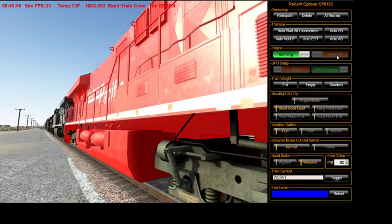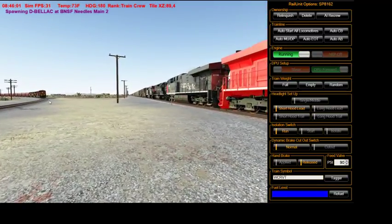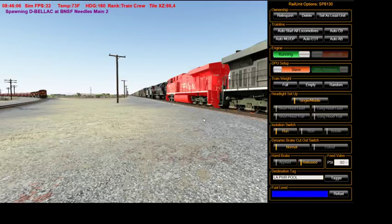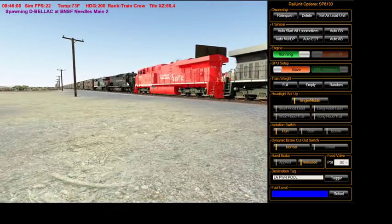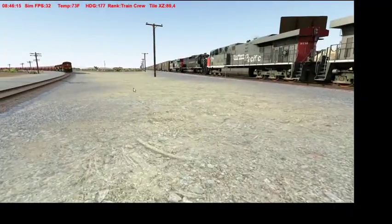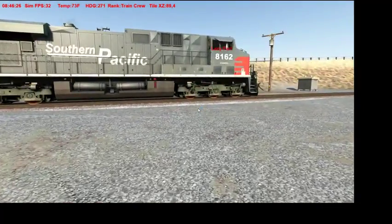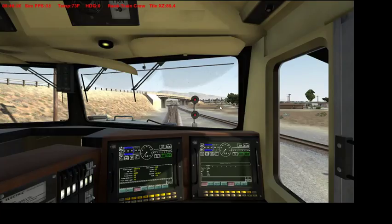It is running. The DPU, there's that train that was way back there. These are set up as slaves, and it doesn't really matter which way they're facing, because these are all slaves off of this one. Now your other ones you put in the back, it will matter which way the DPU is set up. So handbrakes are released. So anyway, okay, let's go ahead and